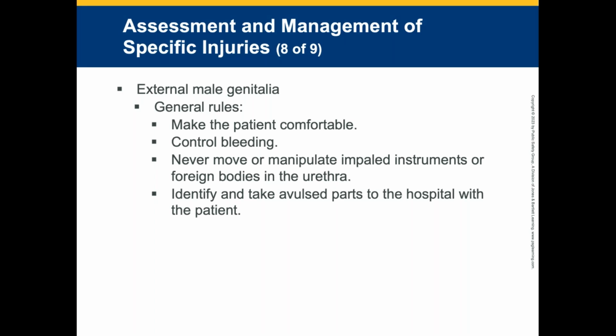Manage blood loss as priority in amputation of a penile shaft. Never apply a constricting device to the penis to control bleeding. So do not put a tourniquet on. Suspect testicular torsion when there is a direct trauma to the testicles. All right. And never attempt to move the tight objects